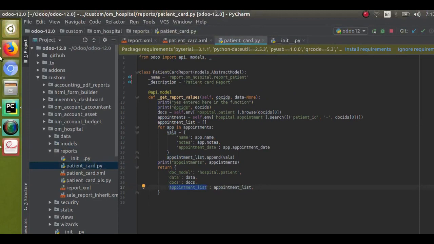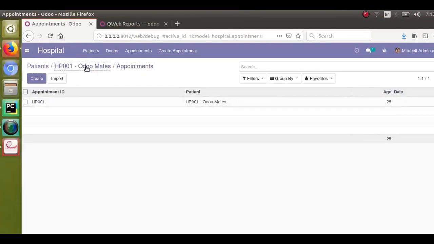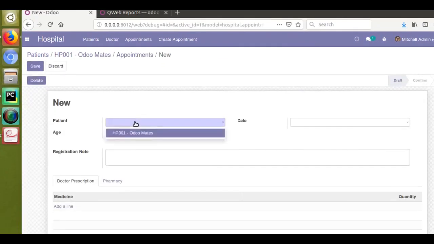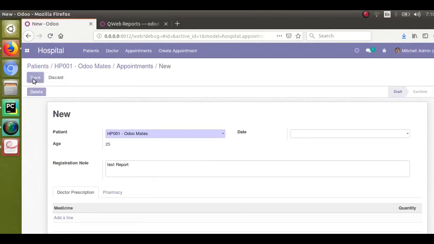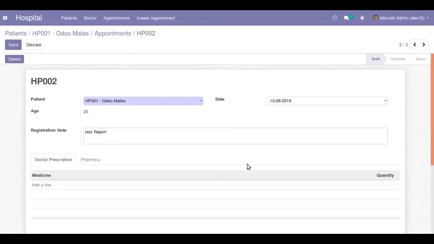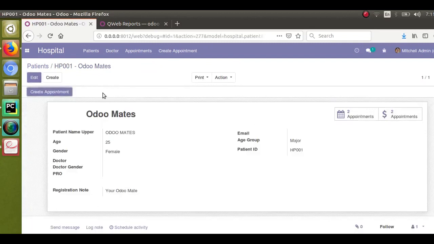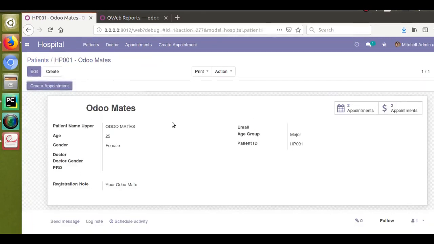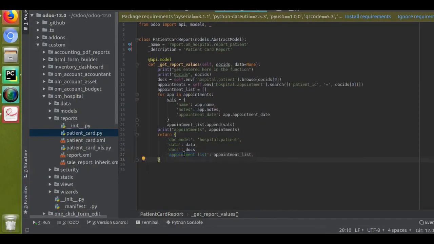Before going to that, let's create one more appointment for this patient itself, that is Odoo mates. So I'll go to the appointments, and from here I will create a few more appointments. Test report. Okay, that's done. I'll specify the date also. So I have added 2 appointments for this patient, Odoo mates, and we are going to print these appointments inside the patient card. Then we will return the appointment list to the